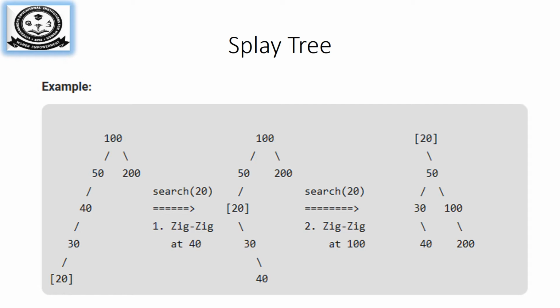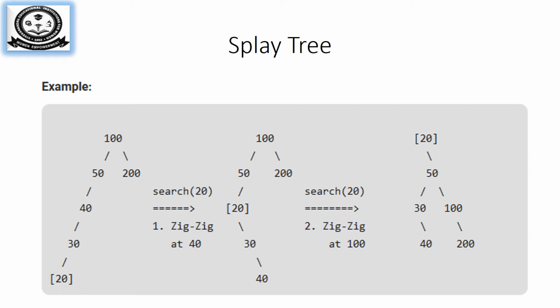So what I do is, you can see it has a parent and grandparent in the same straight line. So we will perform zig-zig rotation. Rotate, it will become the root node. Again, still it has not become the root of the splay tree, so again I perform zig-zig rotation. I bring 20 to the root node. So now I can access 20 or perform any operation on that particular node.